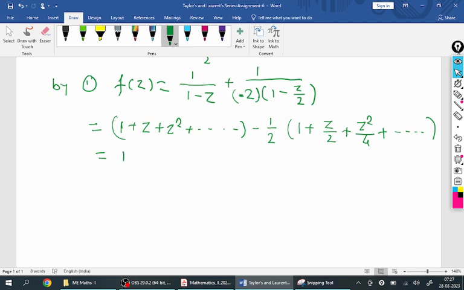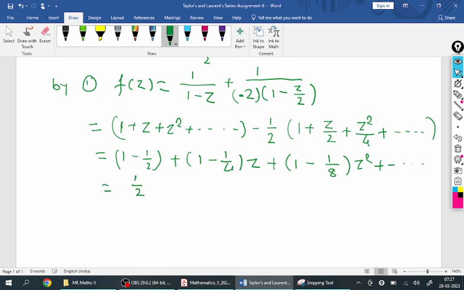This 1 minus half, that is the first term I have collected here. Constant terms collected. Now let me collect the coefficient of z. 1 minus 1 by 4 of z plus 1 minus 1 by 8 of z square and so on. So in the last step we get 1 by 2 plus 3 by 4 z plus 7 by 8 z square and so on. So whenever we have that mod z is less than 1, for that our f of